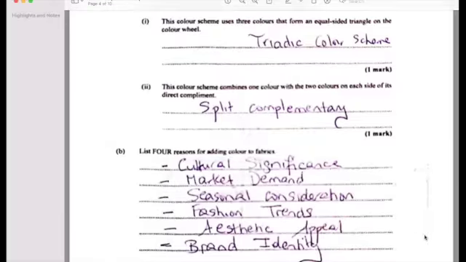If you're not sure, you just need to go on the color wheel. The color wheel is very easy. Just go on it, see how you interact with it, and know your color wheel, and then you will be okay for these questions.